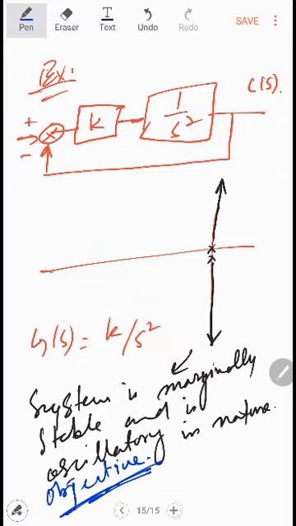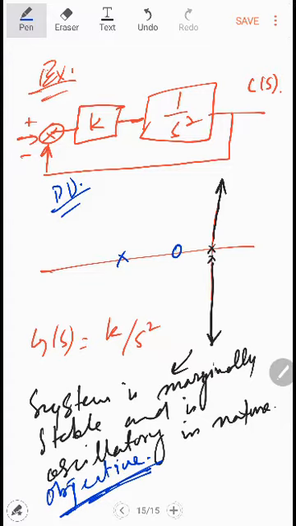But here the system is marginally stable, oscillatory in nature, and it is not called stable. So first of all we have to make it stable. This means that we are dealing with the transient phase over here, and we have to do everything over this area. We have to add a zero into the system. So this means that we have to use the PD, proportional derivative controller, or the lead compensator over here. So we have to add a zero, and then we have to add a pole over here.